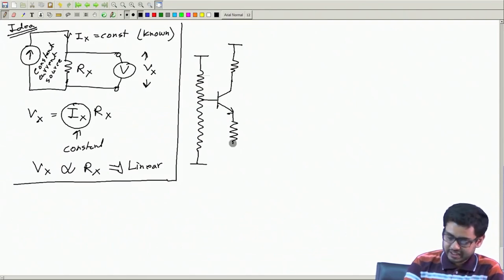So I will take this circuit, okay, so this is my transistor, and what I will do is this, I will apply,